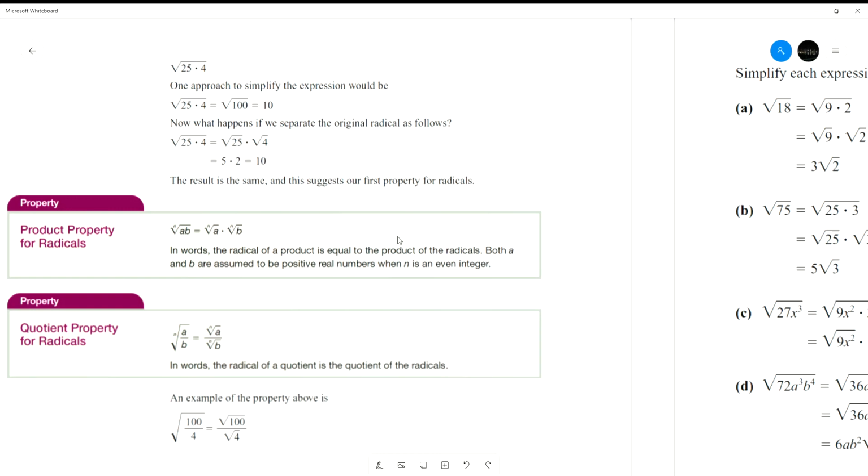All right, let us begin. We're going to talk about simplifying radicals today, and as you can see from this first problem, we have